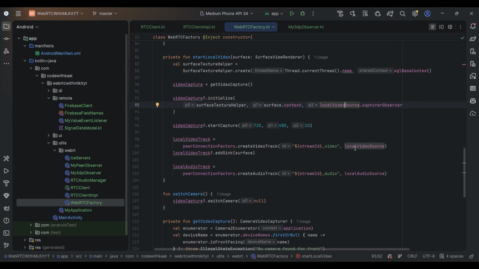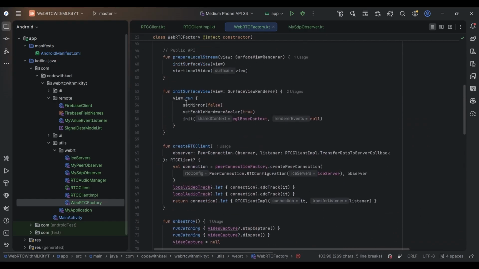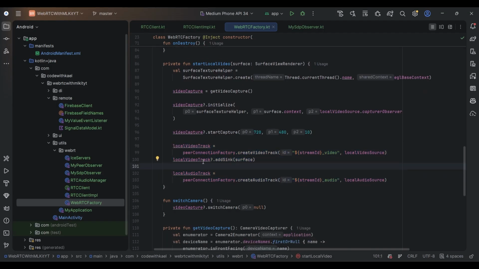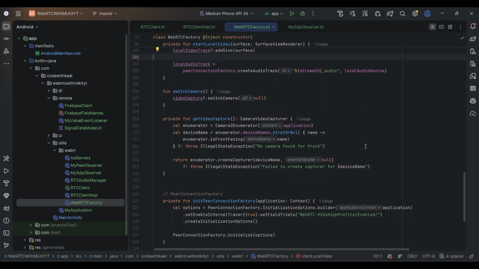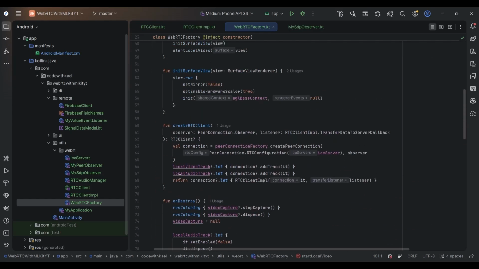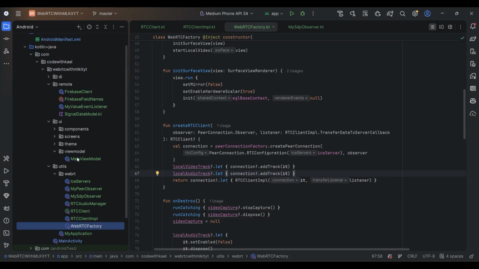And using those sources, we are going to create our video track and audio track. Simple as that. You can see when we start our local stream, both of our video and audio tracks are prepared and ready to use. So no worries about being null inside the PeerConnectionFactory if you want to set up a call. So everything is prepared. But before this video gets any more boring, let's go back to our ViewModel and check